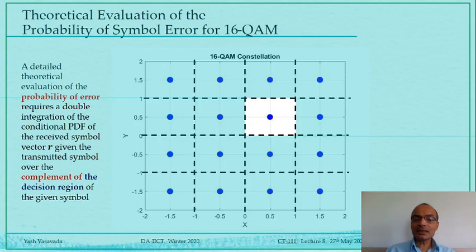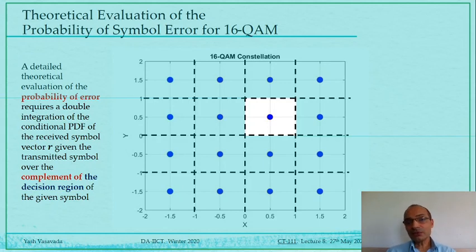Okay, now that leads us to two questions. One is, what is this two-dimensional Gaussian PDF? We know what one-dimensional Gaussian PDF is, how it looks like, that we have seen in our lecture number 3 at the start of the semester. But what is two-dimensional Gaussian PDF? That we haven't considered yet, and we will not consider that in this course. It will become maybe a topic of your future subject on probability theory and stochastic systems. So we will not do that.